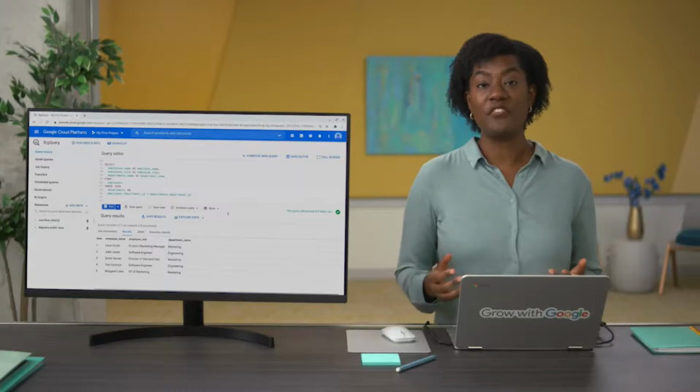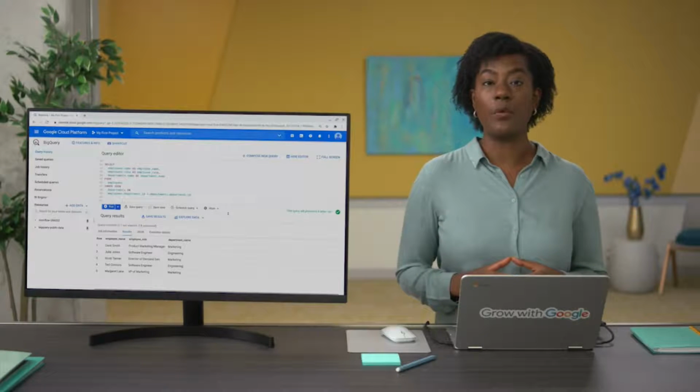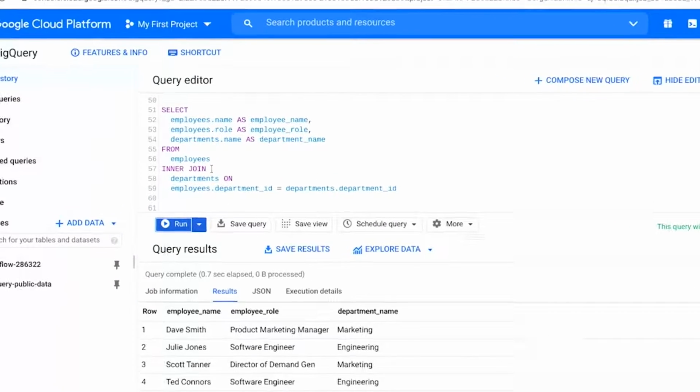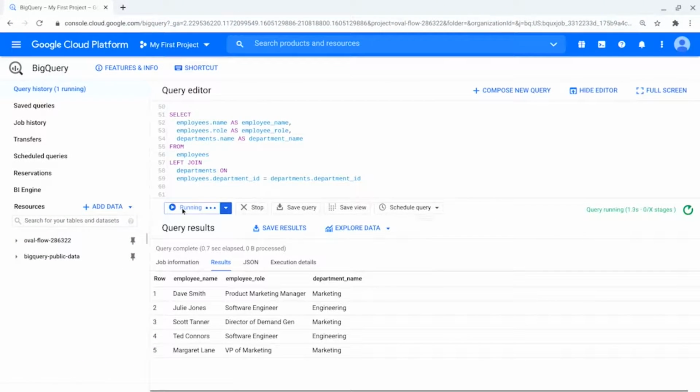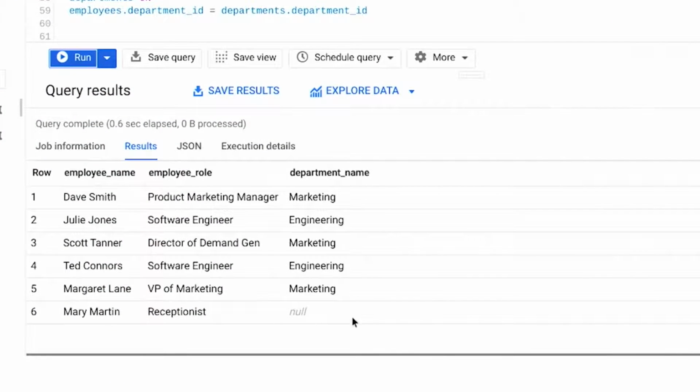But we could use left or right join to return a list of all employee names and their departments when available. Let's try both really quickly. So this will start similar to the last query. We'll put in select, as, and from again. But this time, we'll say left join and use on like we did with the last query. When we execute the query, we get back this new list with the employee names and departments, but you'll notice there's null values. These are places where the right table, which is departments in this case, didn't have corresponding values.